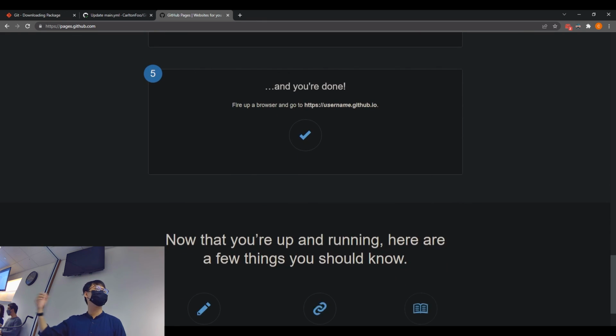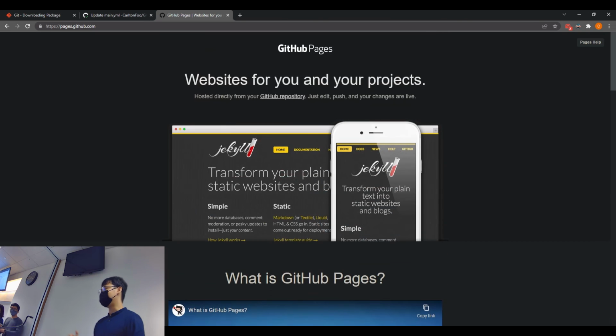So anything you want to host, for example your code documentation or your portfolio, can all be hosted on GitHub Pages. Alright? So yeah, just look it up. This is something that